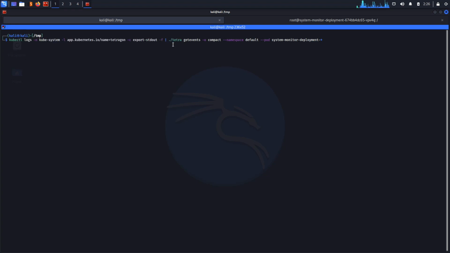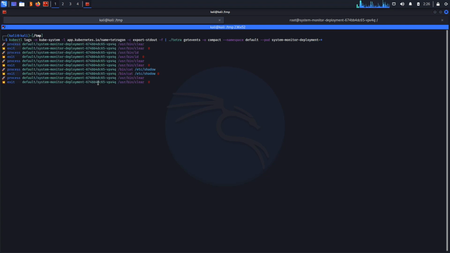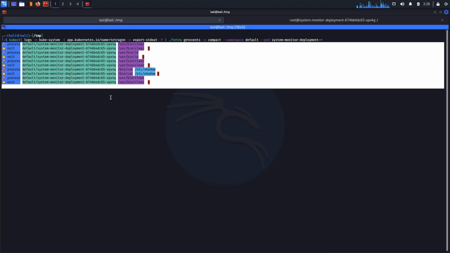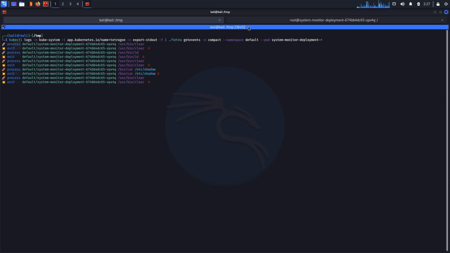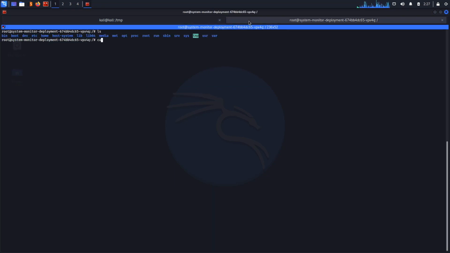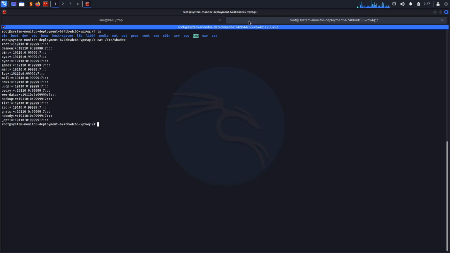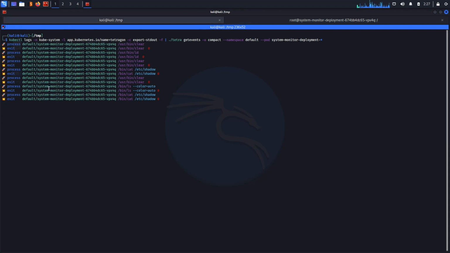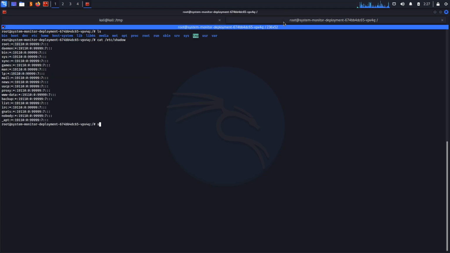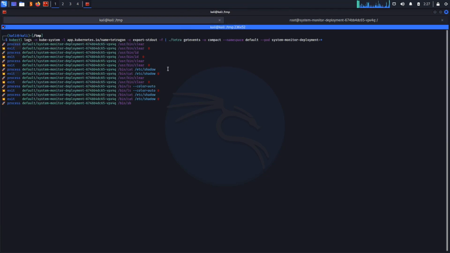So what we can do is now press enter, and now we see all of these processes. We haven't even done anything, but this is from previously. Now what we can do is cat shadow to see if it will pick up, and we see cat shadow, and we see it has picked up, and we see it has exited, and the process. So the process, when it's first typed in and you click enter and you get the result back, that's when it exits. So now we can do something which has a longer exit time, and we just run sh,